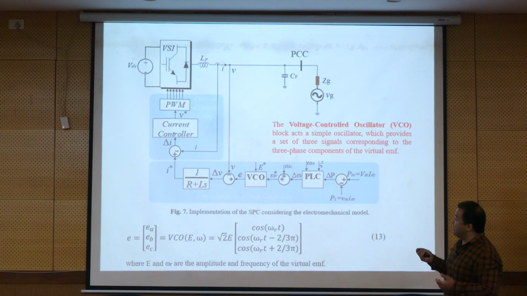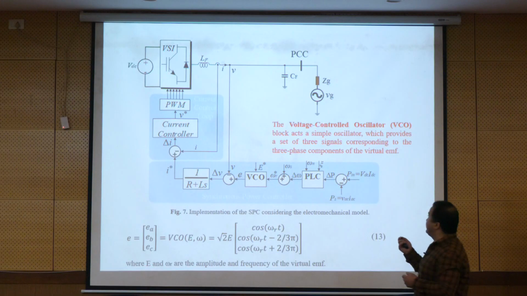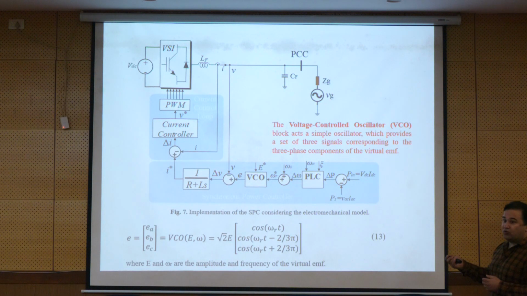So based on delta omega, and omega S is the constant value, we have the omega R. Now we have the omega R, we know the voltage of the reference, and we use the voltage control oscillator, which provides the voltage we need to consider for the synchronous generator,